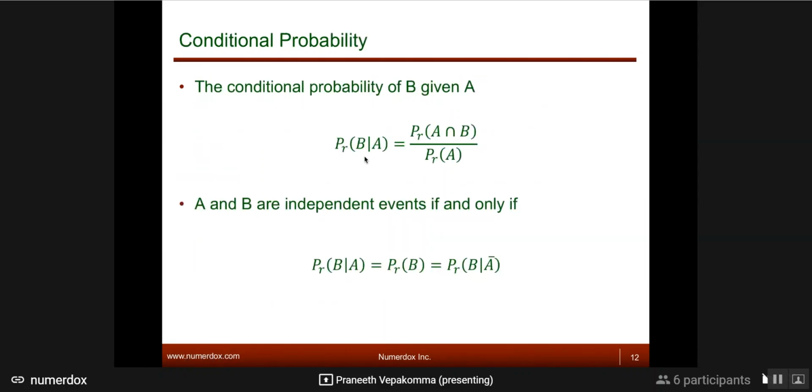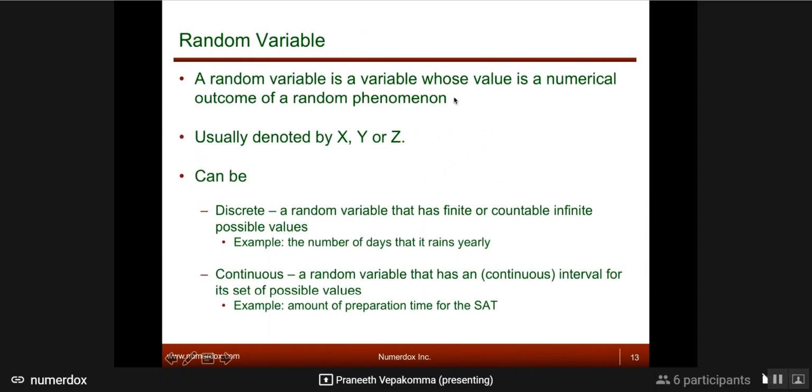So random variables is just another notation for all these A's and B's. All these random events are also called random variables. So a random variable can take different values. So A could be the number of days. So you have two kinds of random variables, right? Discrete and continuous. So X could itself be the event of whether it rains or not, right? So X is a random variable which can take two events. So two discrete events. It's a discrete random variable.